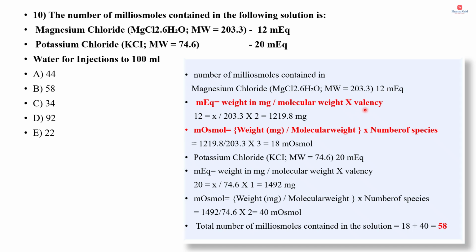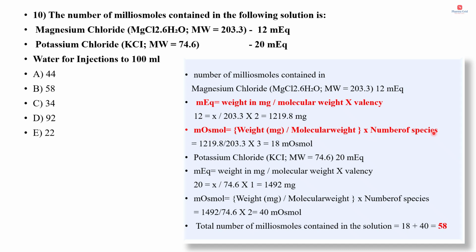And what about the valency? Valency is 2. Okay, magnesium chloride can be written as Mg2+ and 2Cl−. So here the valency of magnesium is 2. Okay, so substitute all these values in this equation. So we will get the weight in milligram as 1219.8 milligram. Okay, now substitute this in the equation for milliosmoles,